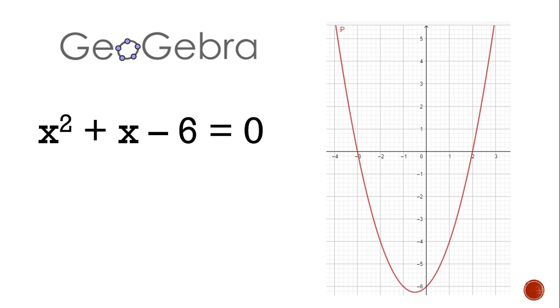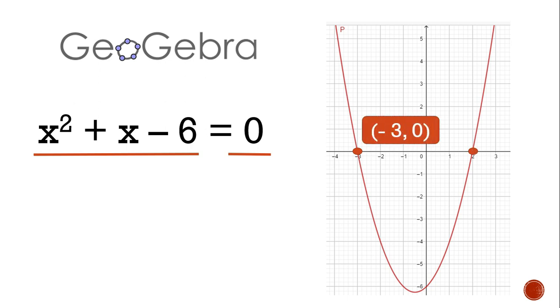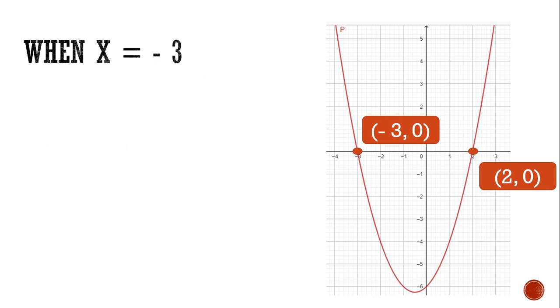We will find the x-intercepts, or at what point on the x-axis the graph intersects, because it is stated that the left side of the equation must be 0. By highlighting, we can see that the x-intercepts are (negative 3, 0) and (2, 0). If we verify these values in the given equation, we can see that the x-intercepts are indeed roots